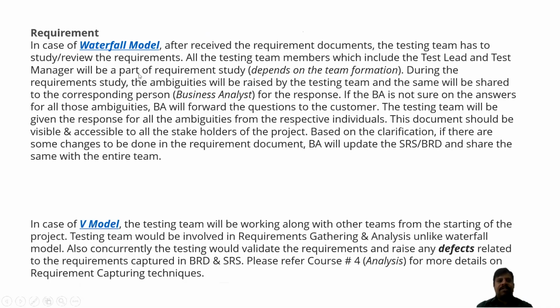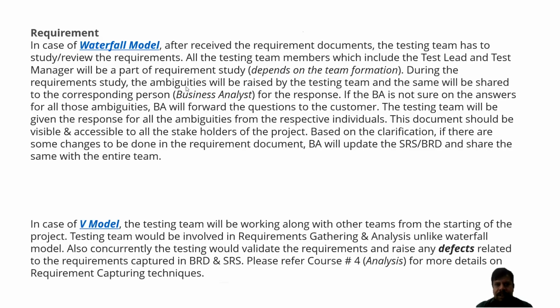So what is requirement? For software testing, we need to have certain requirements. For those requirements, we will use either the waterfall model or the V model. In the waterfall model, after receiving the requirement documents, the testing team has to study or review the requirements. All the team members, which include the test lead and test manager, will be part of the requirement study, depending upon the team